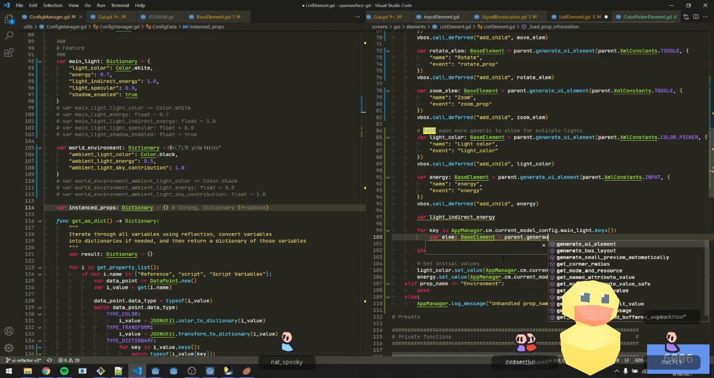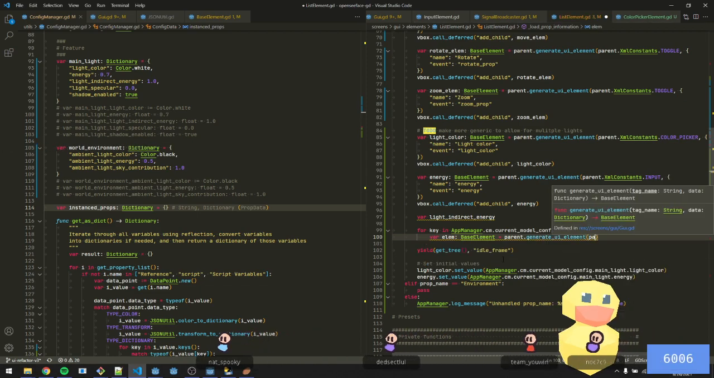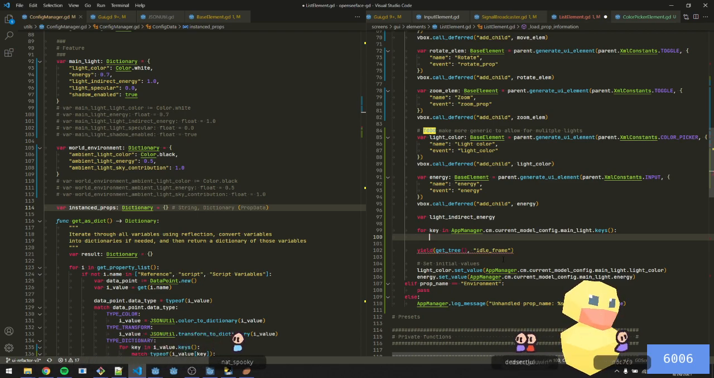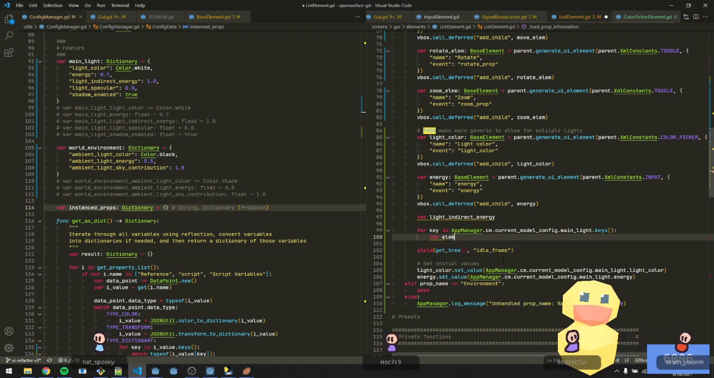Parent generate element parents. Oh no, actually we can't do this, because we need to have a constant. So based off of whatever the value is, we can do var elem type, which will be equal to